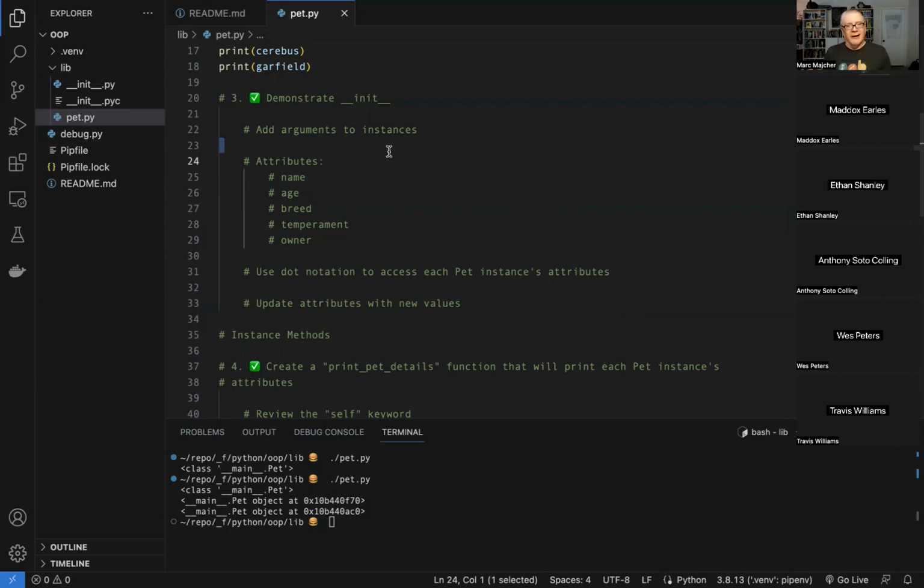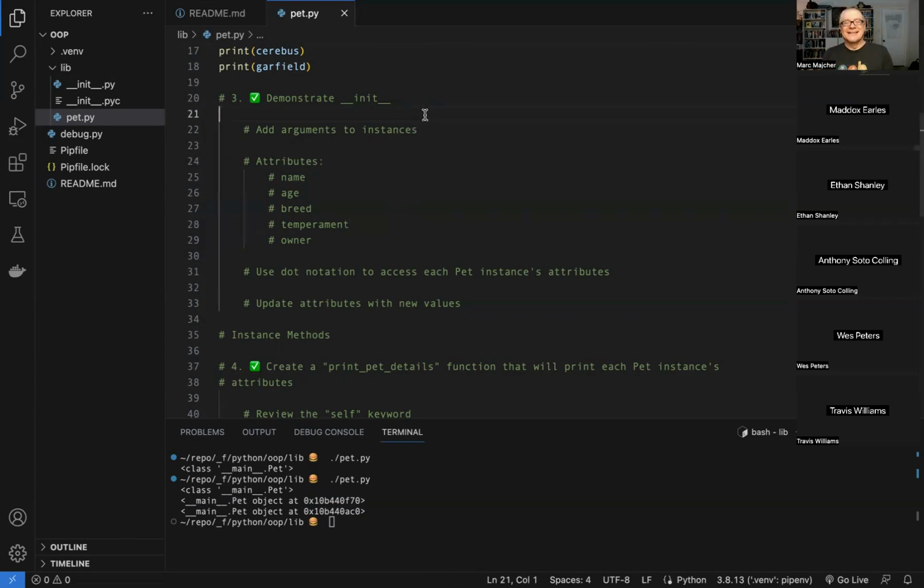So in this case, we're going to add some, and this is the data part of our object, right? This is going to be things that live on the object. And we can add that when we create a new object. When we're creating an object, it's going to run a special function. That function is called __init__, which makes it difficult to type in Markdown, but